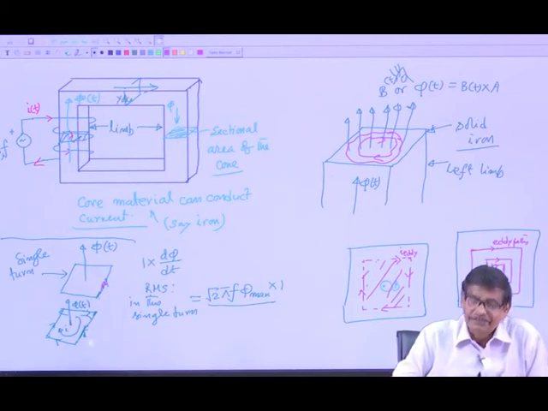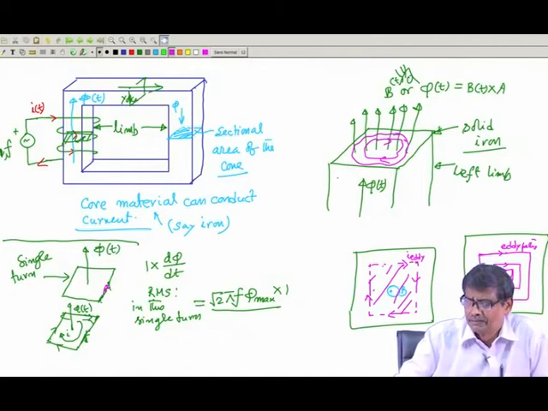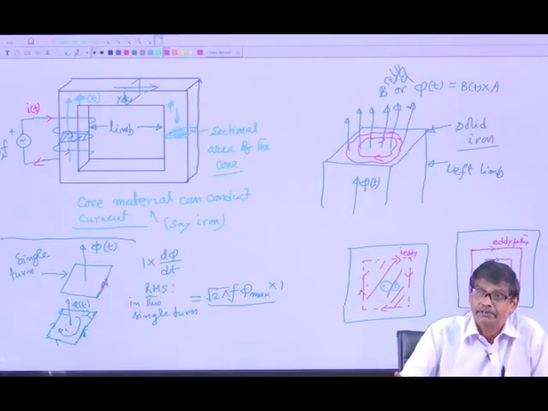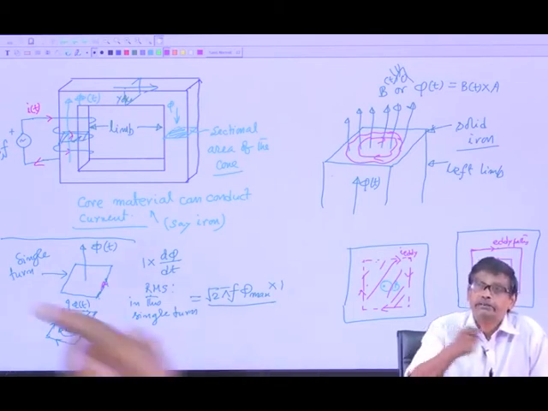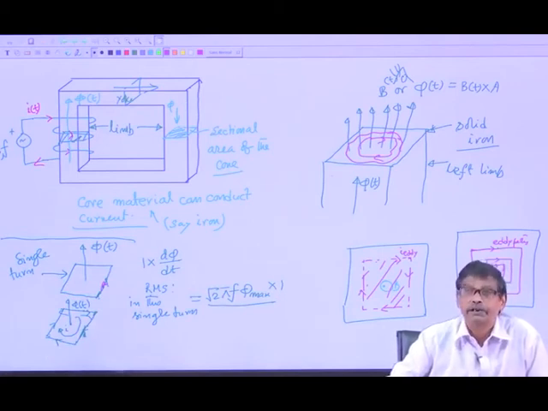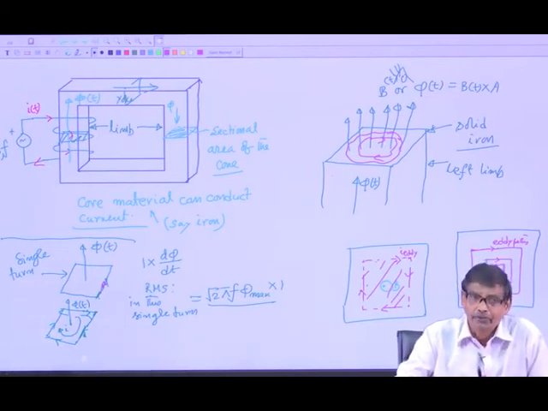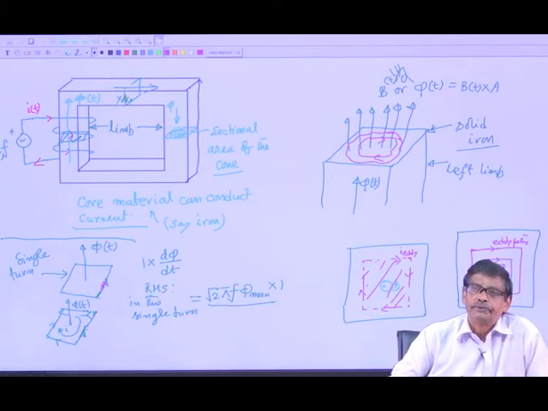Now, we shall try to understand what I should do to reduce this loss. No mathematics first, physically try to understand why this eddy current loss occurs. With so much sectional area, it looks like it will be very difficult to calculate the eddy current loss. In fact, it is not so easy. You have to write field equations to solve for the eddy currents and try to estimate the eddy current power loss. That we have to estimate. But I can understand by applying common sense that these eddy losses can be reduced if I,